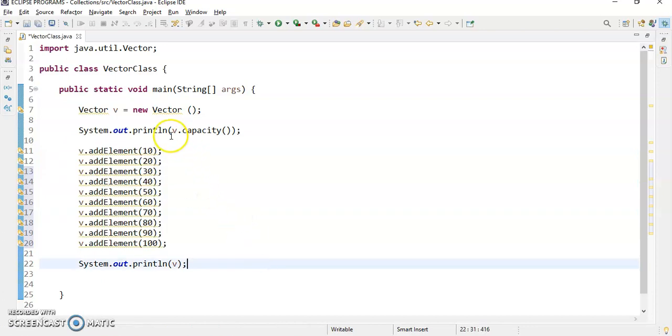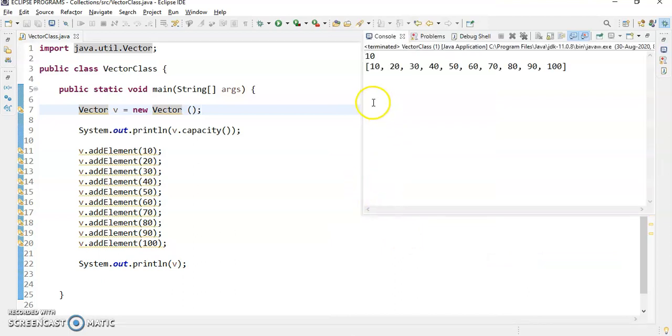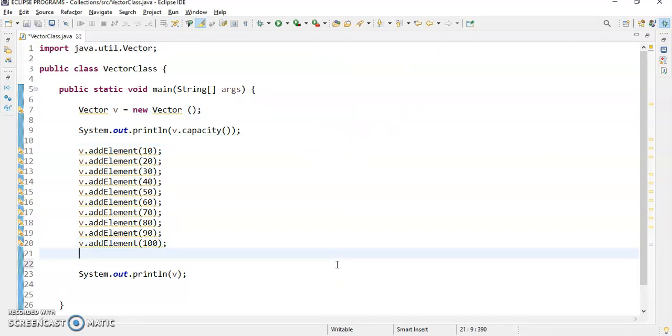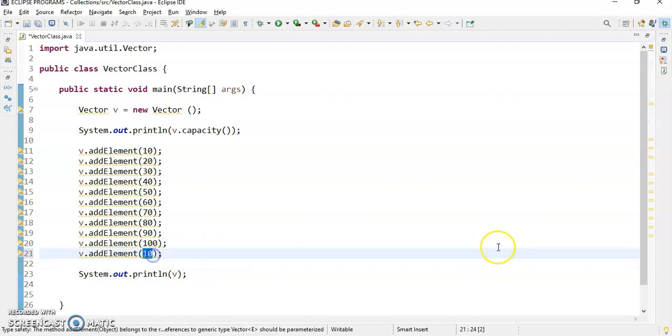We have already talked about it: whenever you create a vector, it gives a default capacity of 10 elements. So if I run this, absolutely no problem, it will give the output from 10 to 100, and the initial capacity is 10. Now observe carefully what happens if I want to insert a new element, for example, a different number like 200.